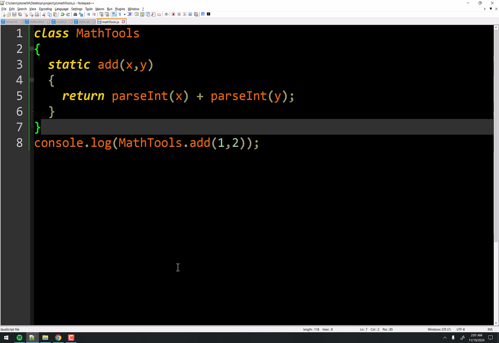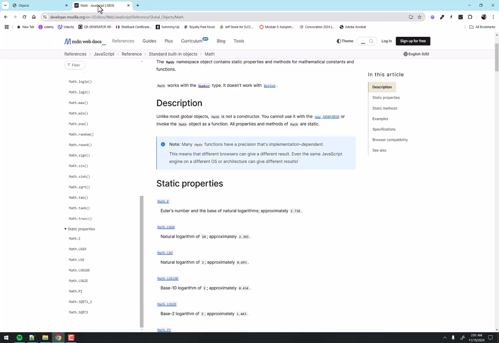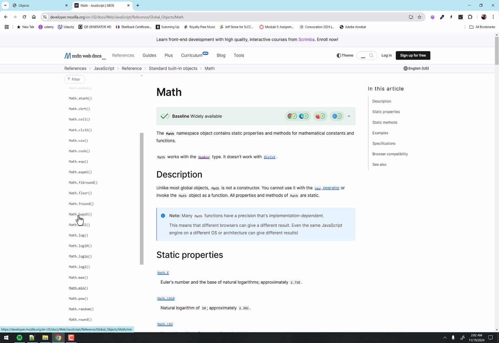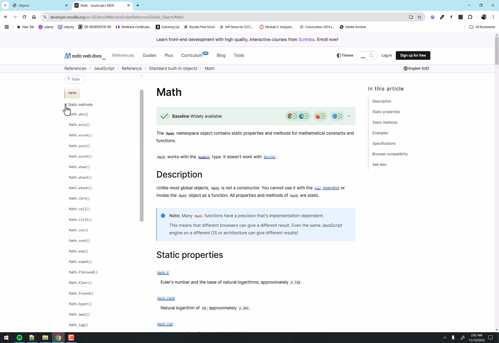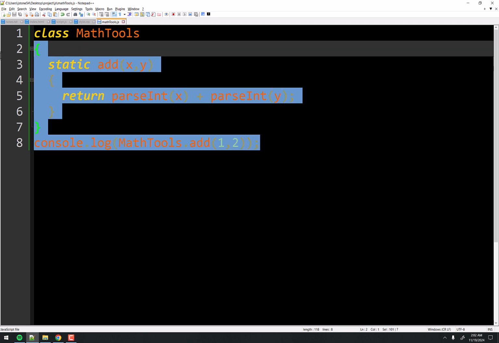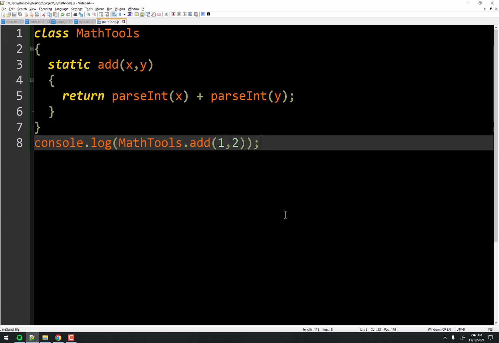So if you want to understand this static idea better, I would recommend looking here at the math class in JavaScript. And there's no need to recreate this because there's already a really cool math class that does it all for you. And look in the documentation for other static classes, or other classes that have static methods, I should say, right? And then you don't have to recreate them, because there may be a whole bunch of utilities that you thought, oh, it'd be great to have this set of utilities, and maybe JavaScript's already got it. But this is a simple example. I just want to show it to you so you have the idea of how it works.